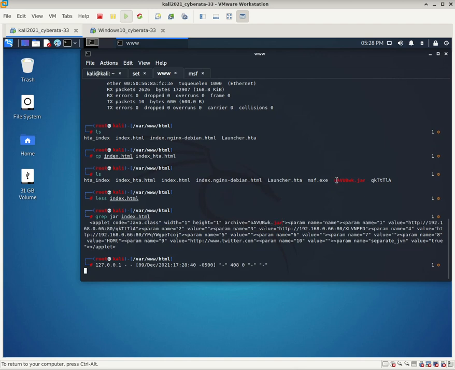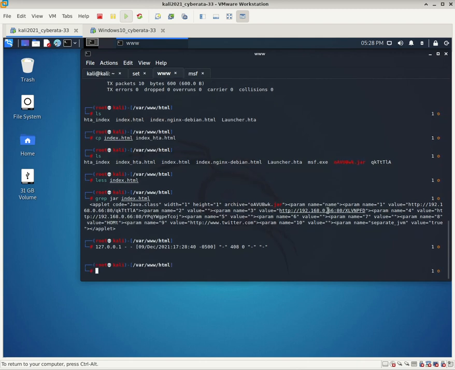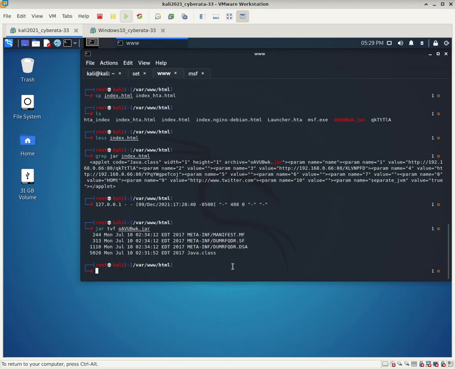What is this jar? Look, file OA jar. It's a Java jar file, but it is some dummy signed Java class which has the exploit. This will make the browser download this,